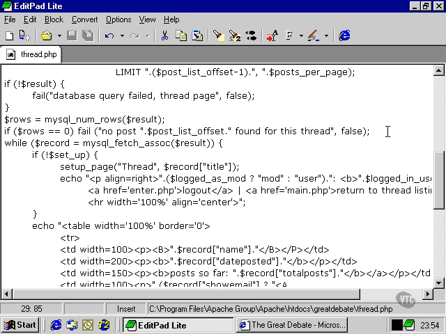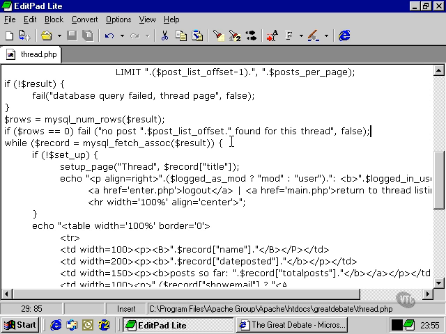If no rows are returned by this query, then we can presume that somehow the post list offset variable has got mixed up, and that we're trying to call a post that doesn't exist. So we give an error message to that effect and bounce the user back to the main page,